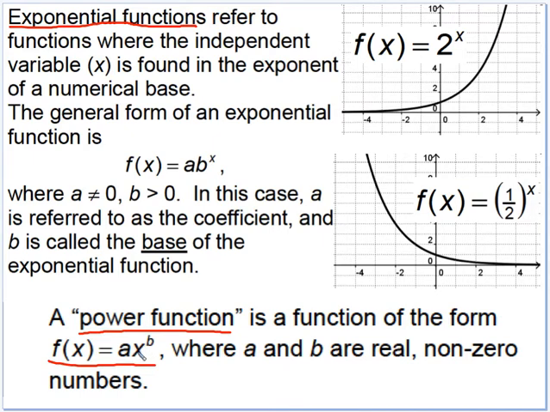Here your variable is your base number, and there's some value here as an exponent. With exponential functions, it's directly opposite. So your x value, or your variable, is your exponent, and you have some number for your base. Okay, and then if your base is greater than 1, then you're growing. If it's a fraction or a decimal, you're decreasing. Okay,